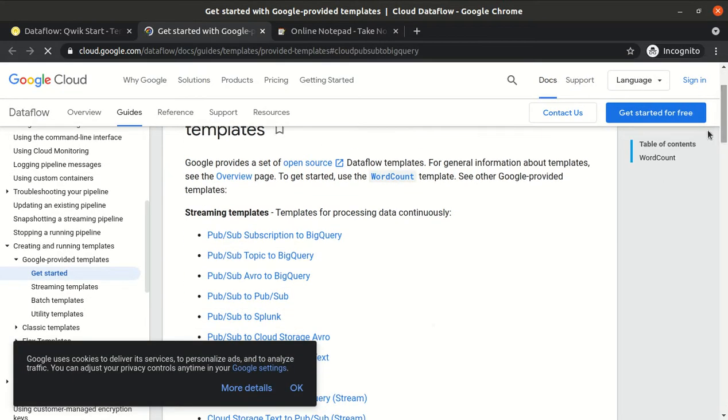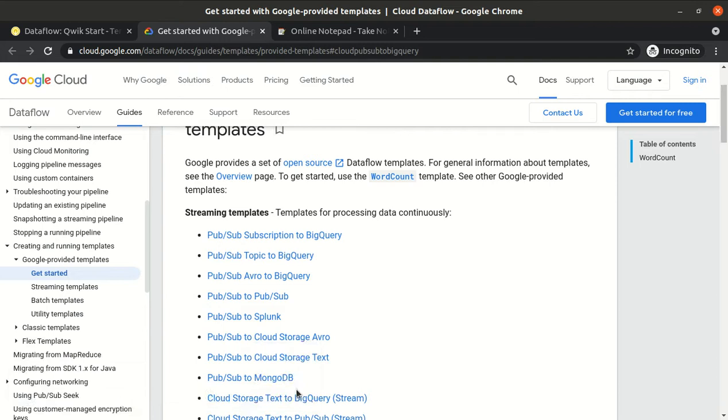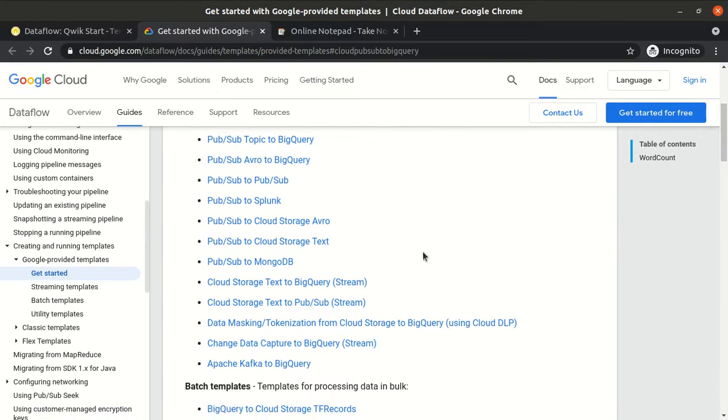We can take the data from Pub/Sub, and the destination could be BigQuery, Bigtable or MongoDB. The source could be Cloud Storage and the destination BigQuery. The source could be Apache Kafka and the destination BigQuery.